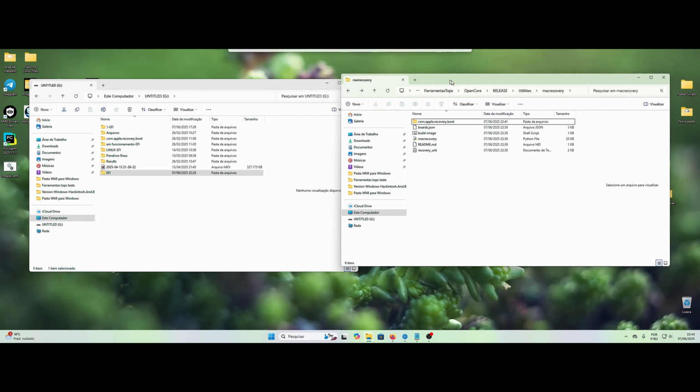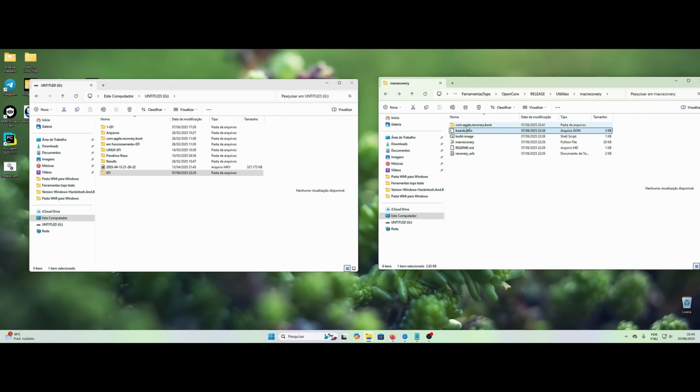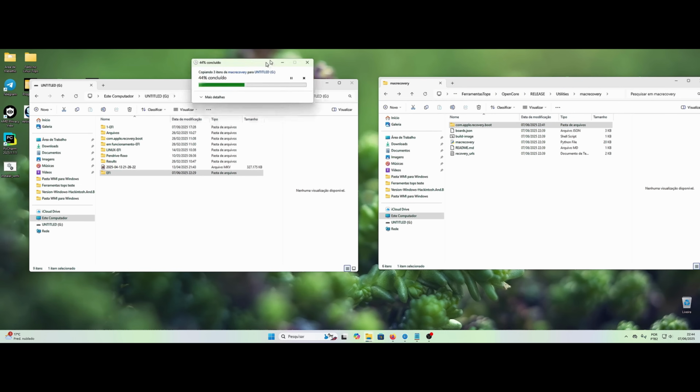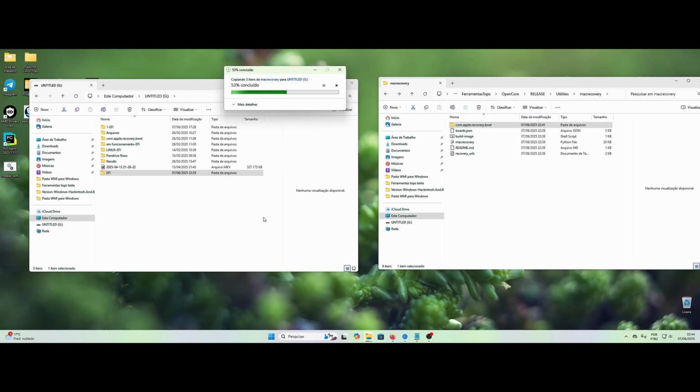This recovery method here is downloaded directly from the Apple repository, so you just have to place it inside your USB drive. It's an external HD, it's everyone's free choice. Yes, you can. I'll replace it here. See how much it is: 843 MB. The other one was smaller, but just wait a little bit, guys.